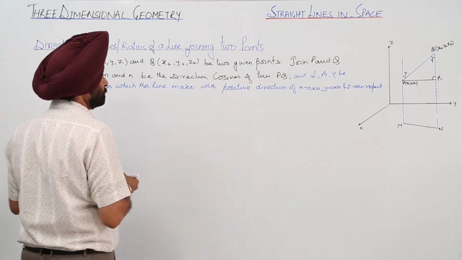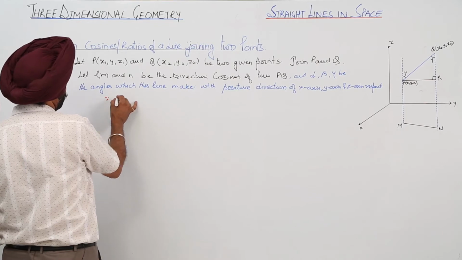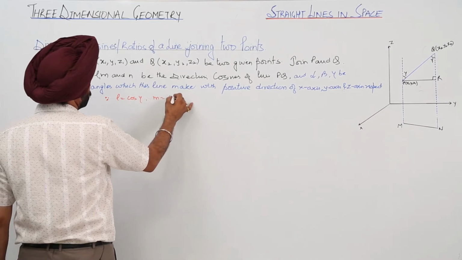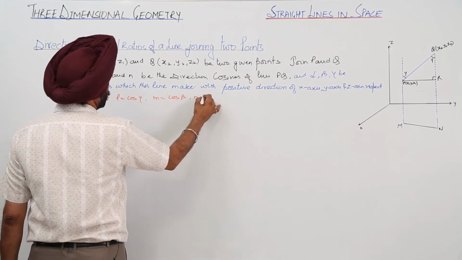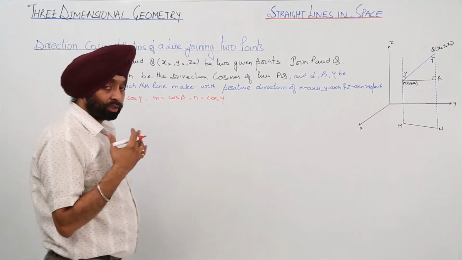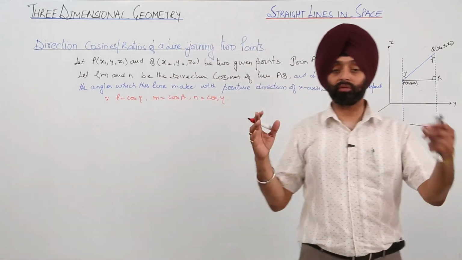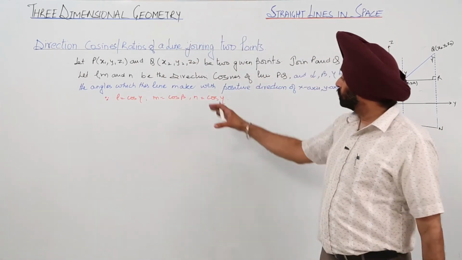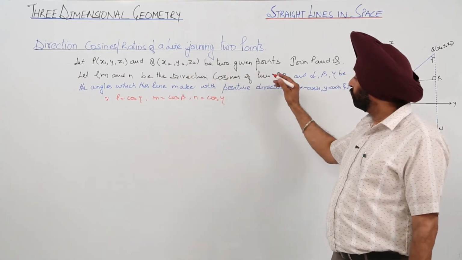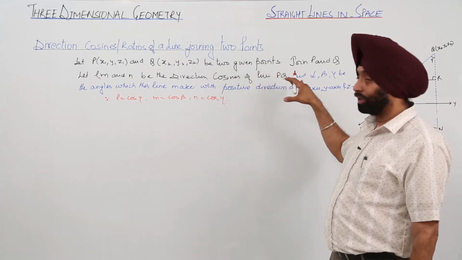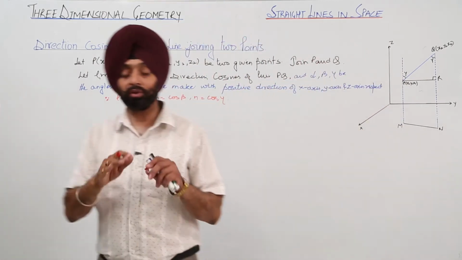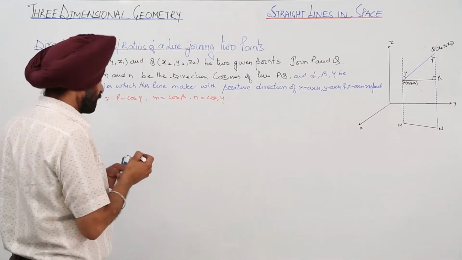Now, therefore, L is equal to cos alpha, M is equal to cos beta and N is equal to cos gamma. When we are explaining like this, we can directly write it because we have already gone through the direction ratios. Let L, M and N be the direction cosines and alpha, beta, gamma are the direction angles. Because we are explaining it, we can go into the detail now.